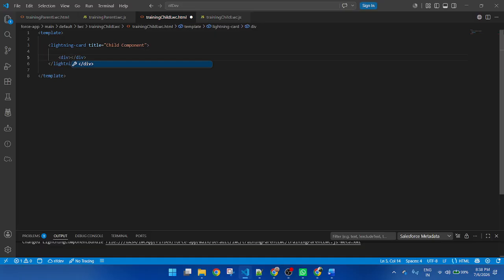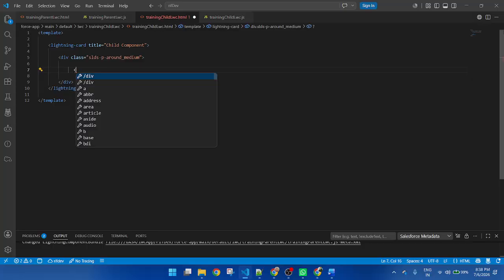So, class SLDS p-around medium, and create a table.